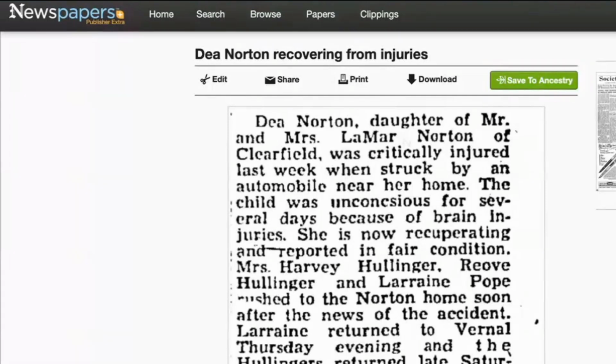So I see we can download the clipping, we can edit it. We'll have to definitely have you come back and show us how you organize all this stuff, because I look at all the tabs there. There's so many items that you've already found, and will you promise to come back and help us get organized and share all this great information? I would love to. And when you are putting together a story for your ancestor, this is such a wonderful way